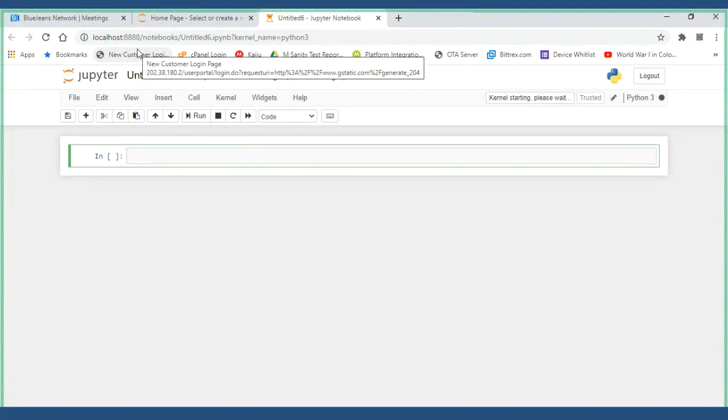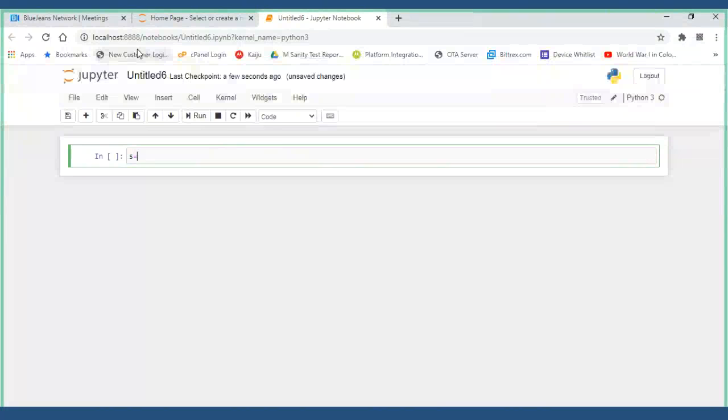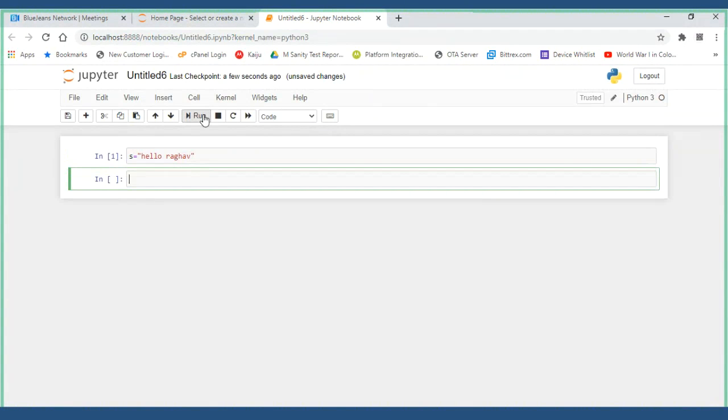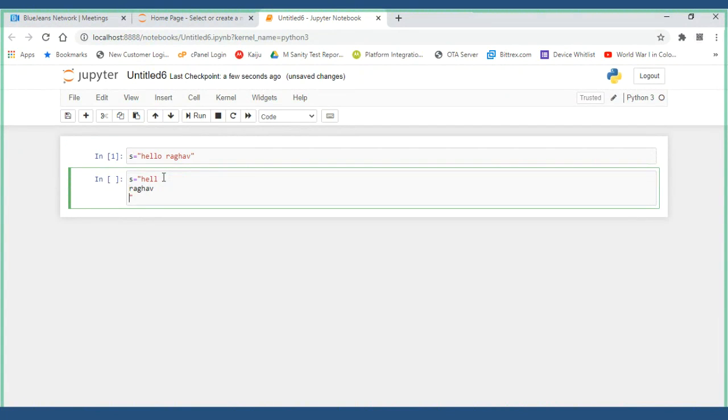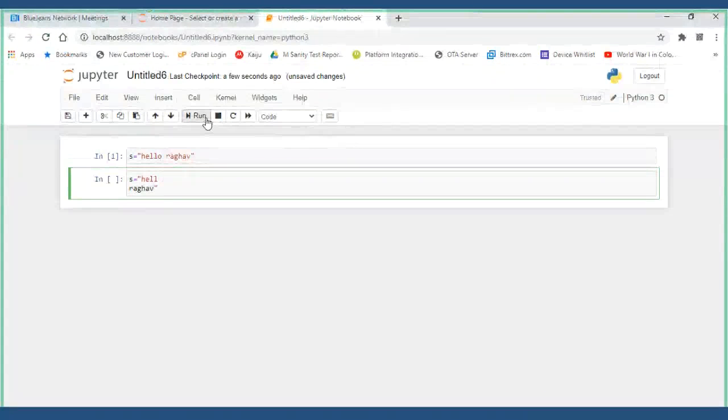So I'll demonstrate the escape characters. S is equal to "Hello, Raghav". But I want it on a new line. If I give it like this, hello, Raghav, I'll get an error.